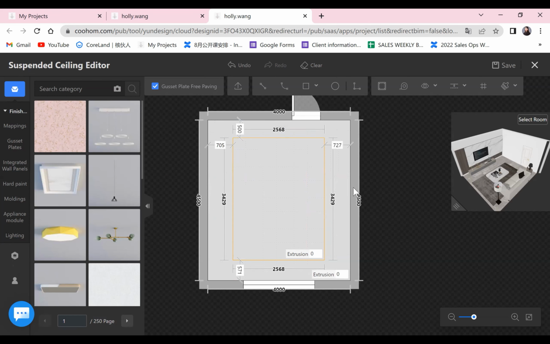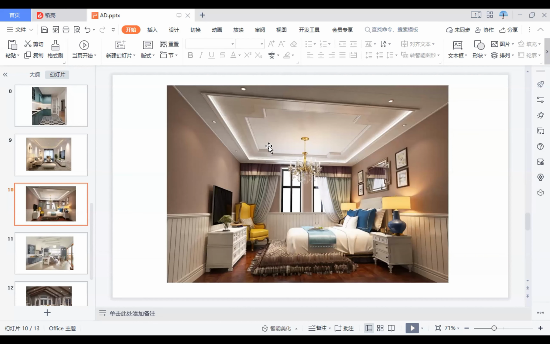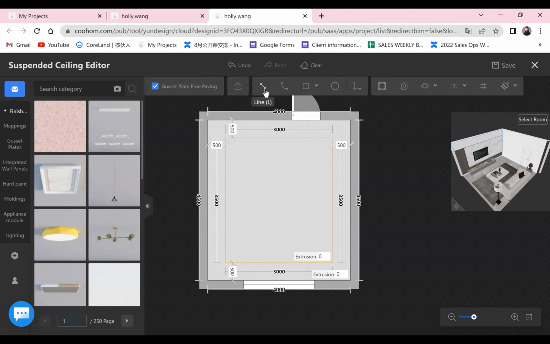Let's change the position. I will also make it 500 to each side. Okay, so that is the first strip done. How about the one in the middle for this strip? How do you think we can draw something like this? Okay, so except using the rectangle, we can also use a line. So maybe you use a line to draw like this.